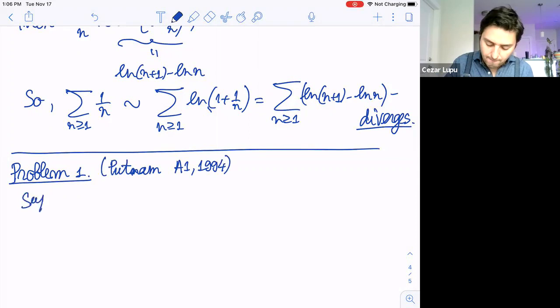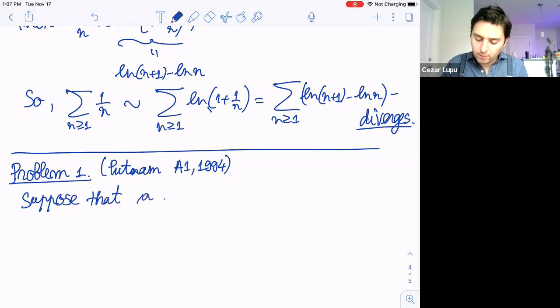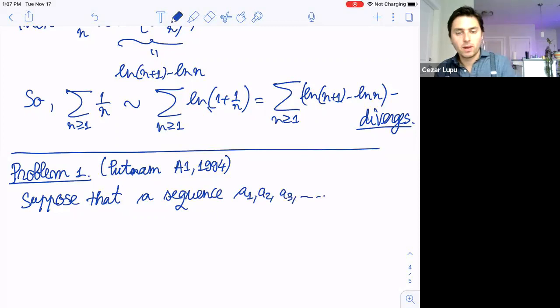Suppose that a sequence a_1, a_2, a_3, and so on, right? Suppose this sequence satisfies